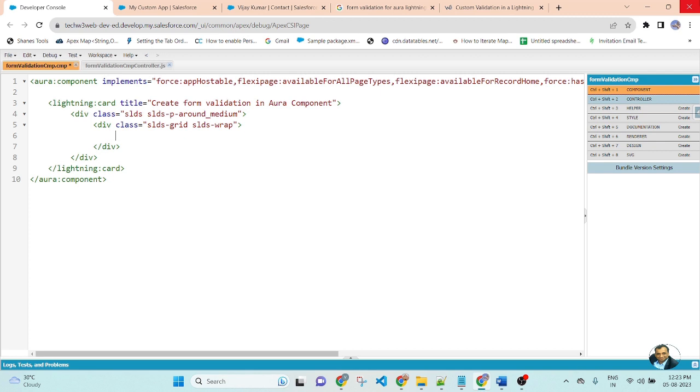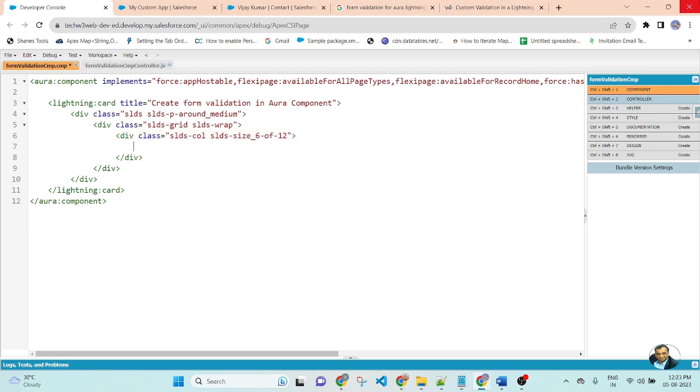Inside the grid, I will create another div with class equal to SLDS col SLDS size 6 of 12.